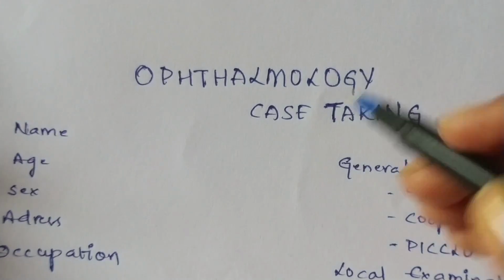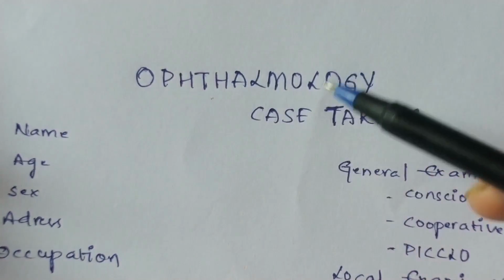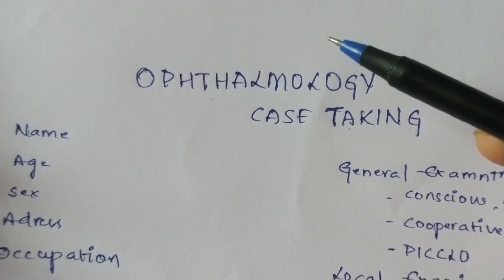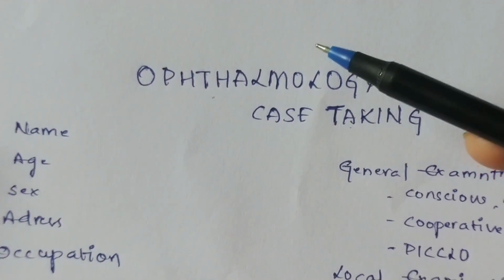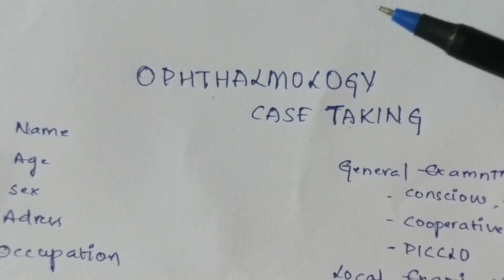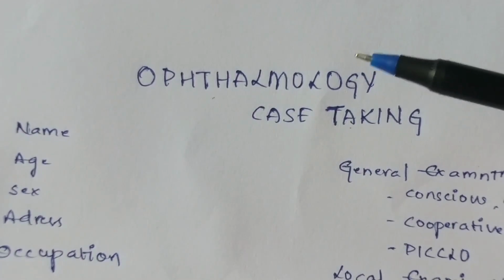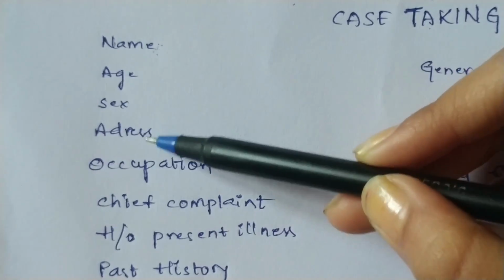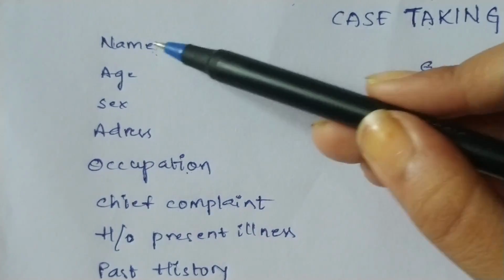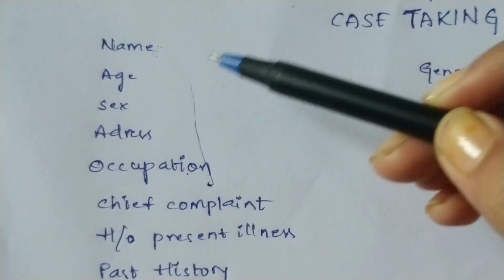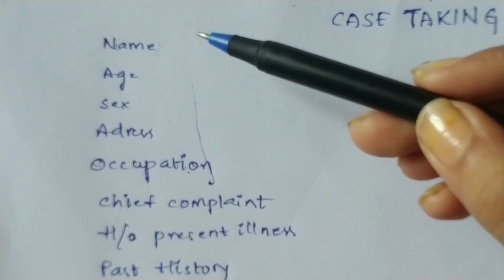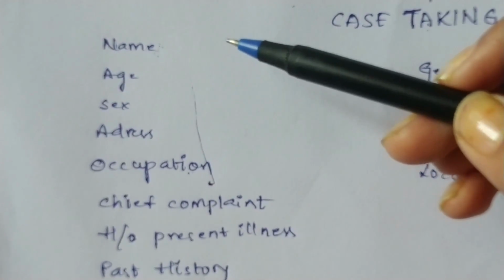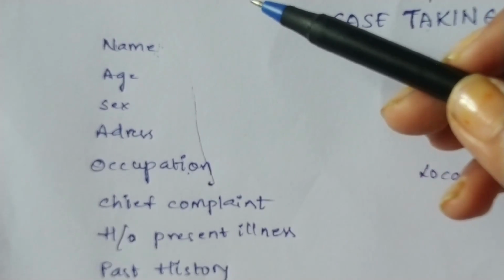In today's video, we will be discussing ophthalmology case taking. It is very simple. It is similar to that of medicine or surgery case taking. You all know general case taking, right? In which there will be their name, age, sex, address, occupation. You will write all of this in one sentence, like a 33-year-old